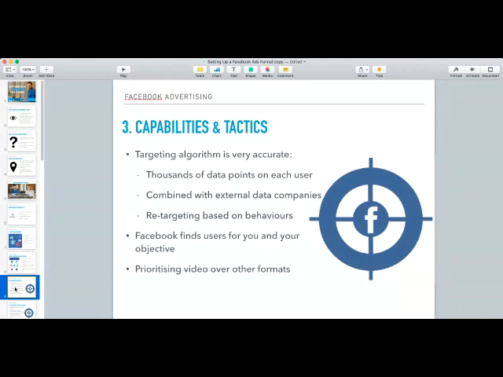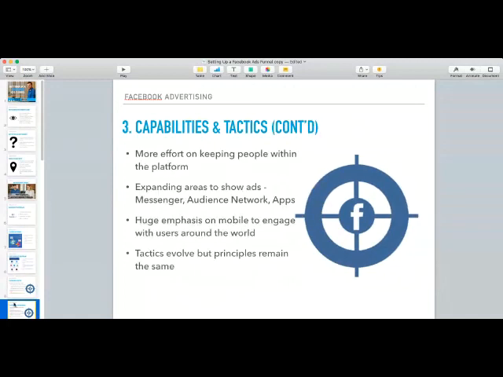Another big tactic that we're seeing in Facebook is them prioritizing video over a lot of other formats. And that really comes down to Facebook wanting to keep people within the platform. That's where their power lies, and them spending more time in the news feed, and video obviously has a really good ability to do that, because they can keep people watching it. If it's interesting video, if it's funny video, they're getting better at collating different related videos and keeping people watching, because then if you're there, then you're consuming more content from pages and brands, and friends and family, and obviously